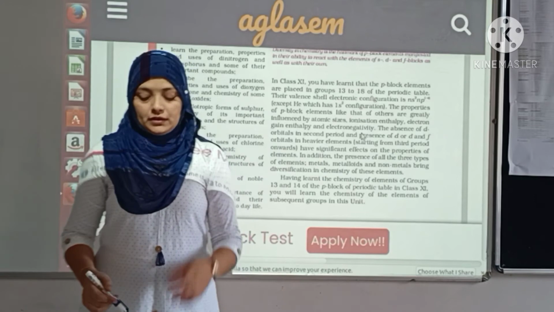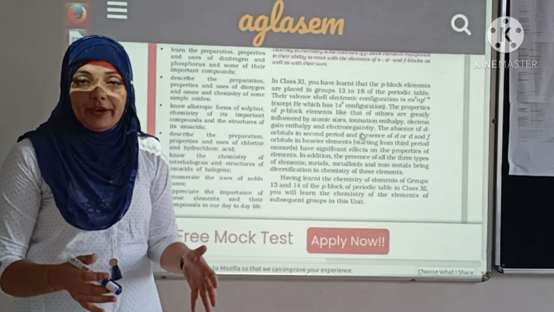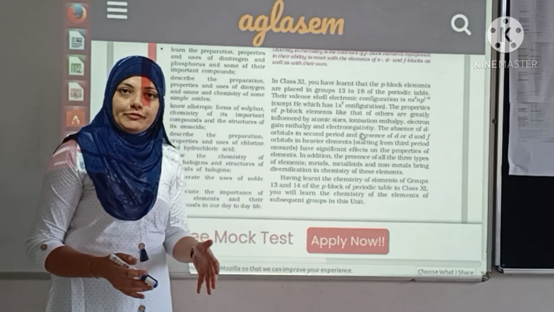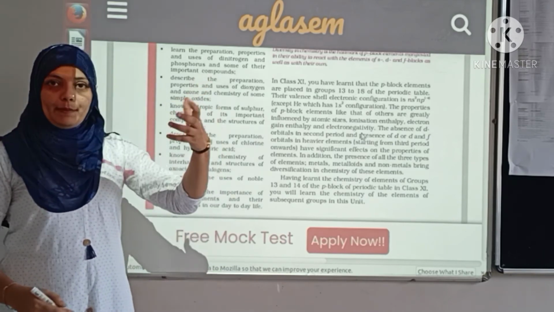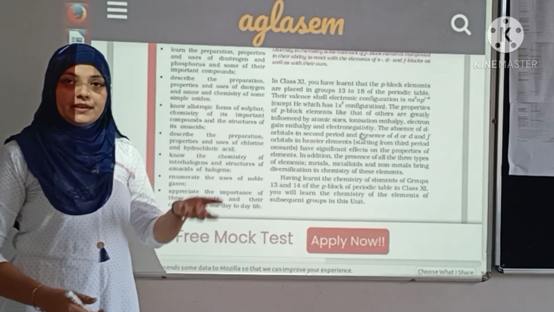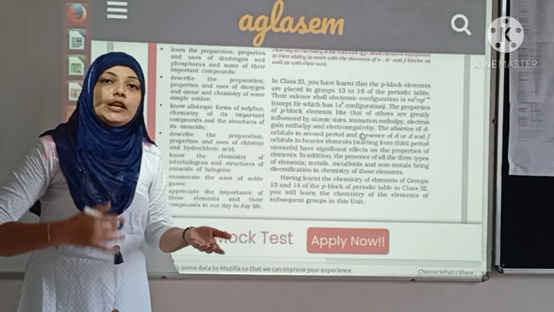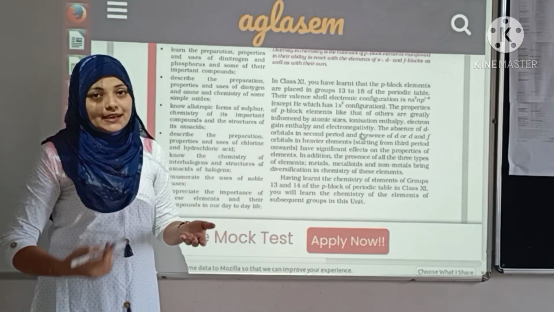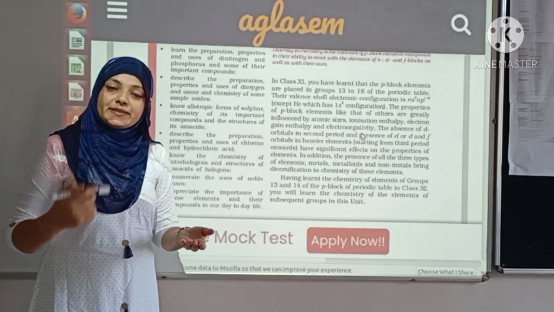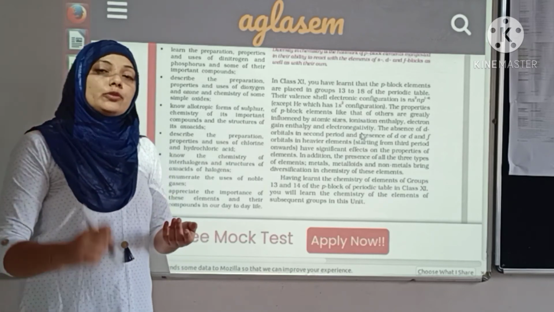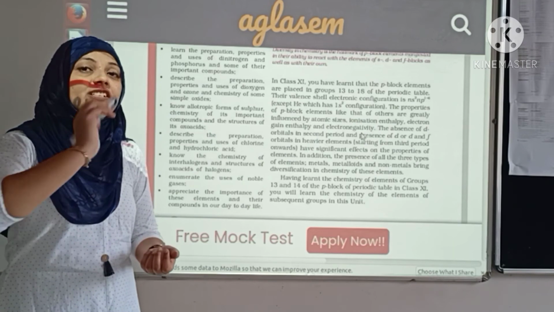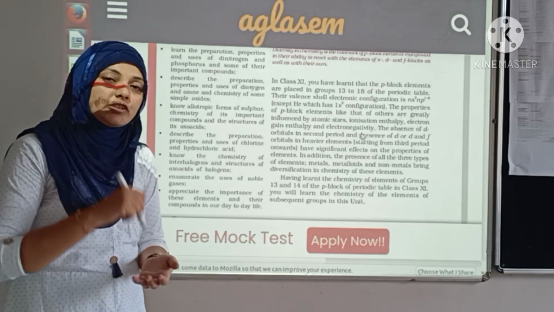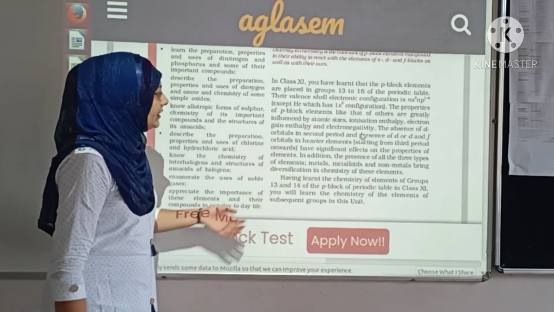Now dear student, we are going to talk about one particular group. What is happening? One of the starting members does not have the vacant d orbital. It is present in the rest of the family members, but it is not present in the first one. Because of this, there is a change in their properties, because of such factors, which we are going to see. Don't worry.